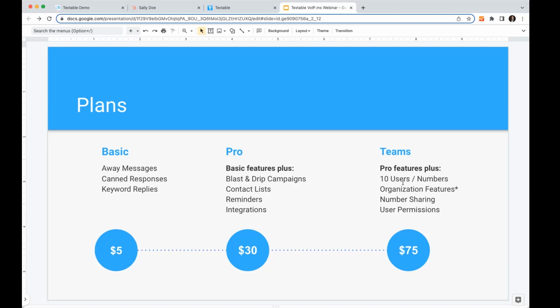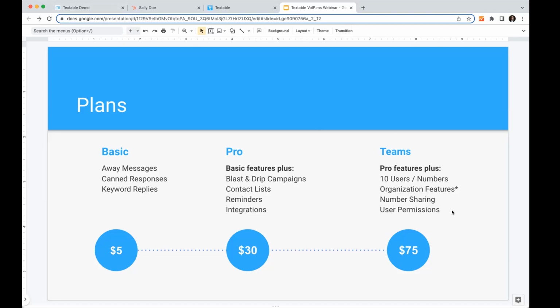And then the Teams account. The Basic and the Pro today are limited to individual, single number, single user logins. It's meant for that sort of use case. If you're on a team environment or you're looking to potentially resell this as a hosted voice provider, the Teams account starts to make a lot of sense for you because you can create multiple logins, assign multiple numbers, and share amongst users. There's also some organizational based features that I actually skipped over. Org admins, for instance, can see only their users and control number sharing and things like that. There's also an organizational consent message feature, which allows you to enforce a message goes out for every new contact across an organization.